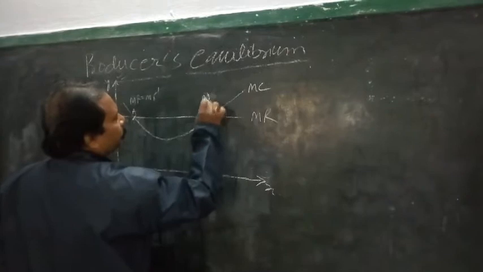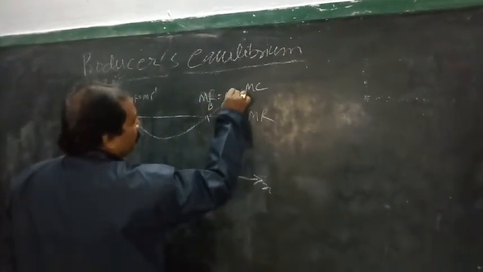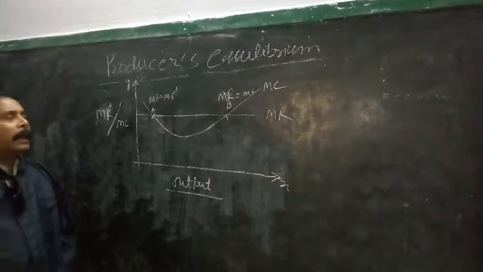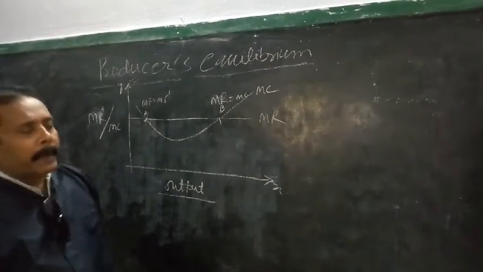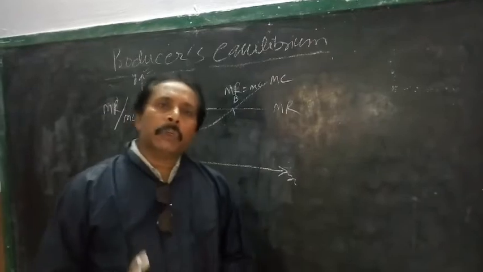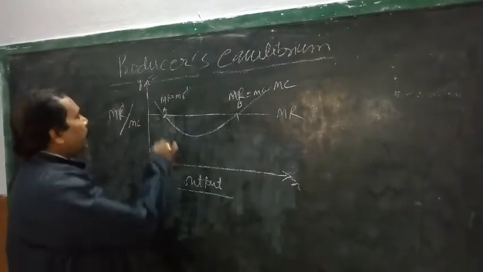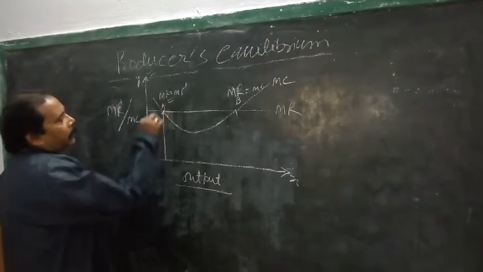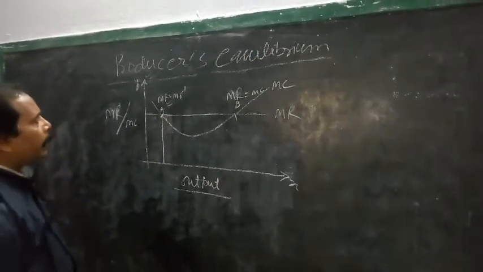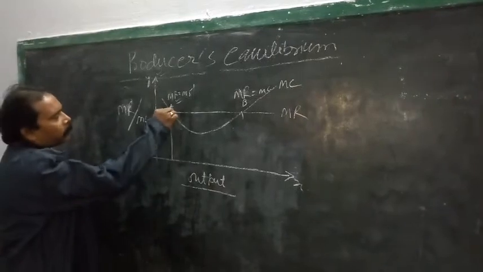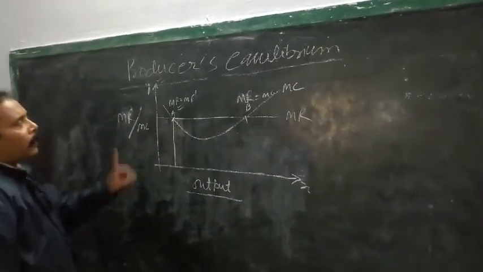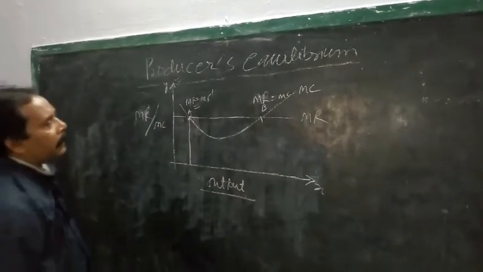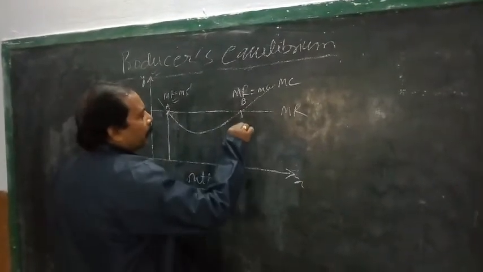The first condition I told you is that a producer will be in equilibrium when MR is equal to MC. So here this is also a point where MR is equal to MC. Okay. This point indicates the first condition, but it does not fulfill the second condition,